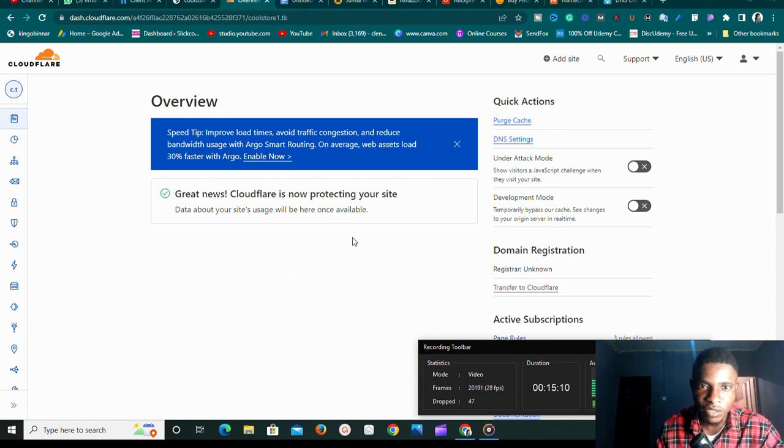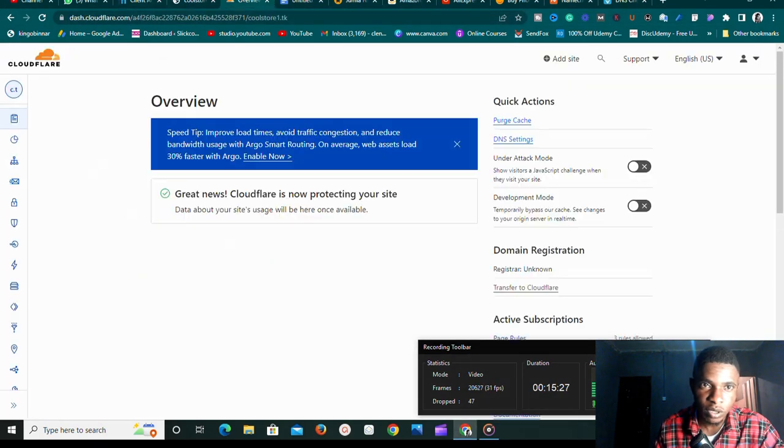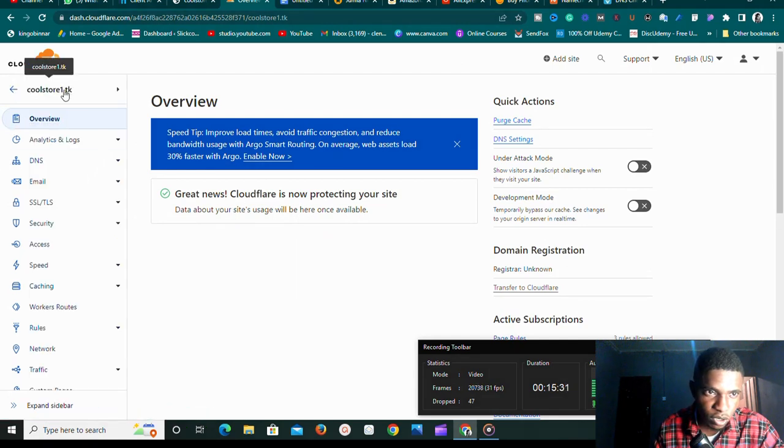as you can see right here, it says great news, Cloudflare is now protecting your website. So this site is now officially connected to Cloudflare. And don't forget, when I was connecting this site to Cloudflare, I added all the records, all the A records for the hosting account. So if I go to this domain right now, let's go to the domain. Where is it? If I go to the domain right now, which is coolstore.tk,